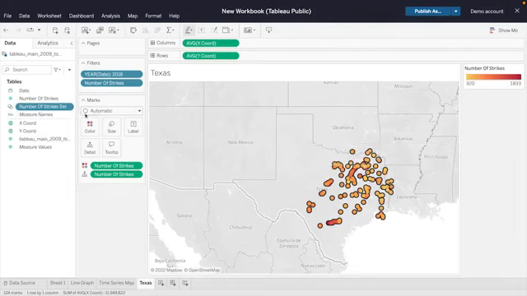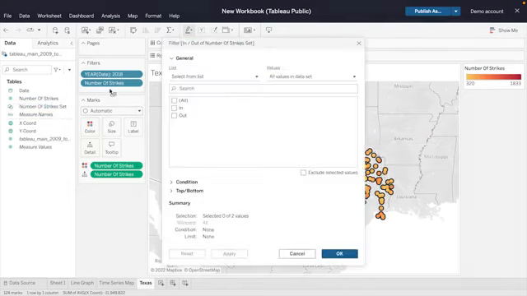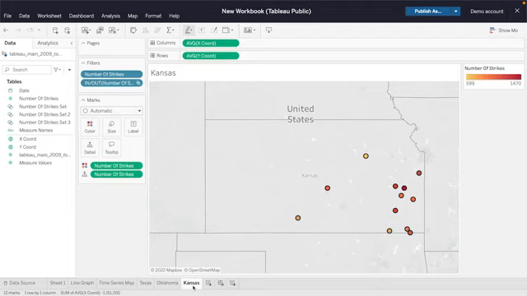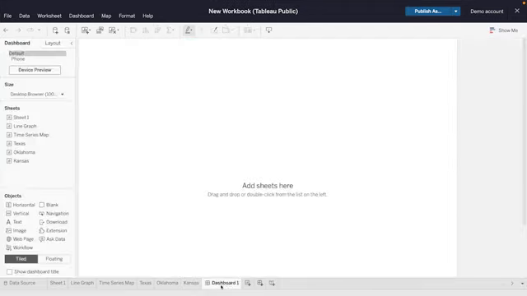Drag your newly created set to the filter field. Now, only the average lightning strikes for Texas will show up on our map. We can now assemble them into one story. First, add the 2 other state worksheets for Oklahoma and Kansas, which were created in the same way as the Texas worksheet. Then, create a dashboard for the 3 states